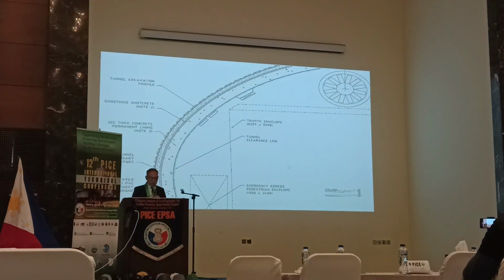Just to zoom in on how the tunnel mining is like, this one here has a 325 thick concrete permanent lining. When you do the drill and blast: drill, blast, and then clean the debris, and then apply shotcrete support and apply the rock bolts. The difficulty is, as a geologist or geotechnical engineer, when you are assigned to do the mapping, to assess the condition of the rock formation, so that you would determine the classification of the rock, because it corresponds to what support system or rock bolts you will install.